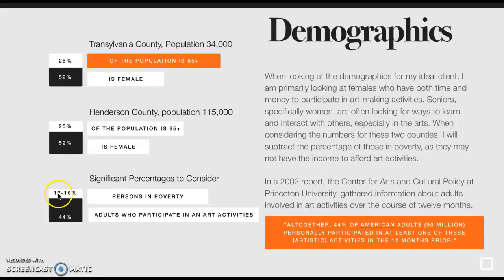So I think Henderson County has 12% and Brevard, or Transylvania County, has 16%. Later on, I'll take those percentages out. And then I found an interesting